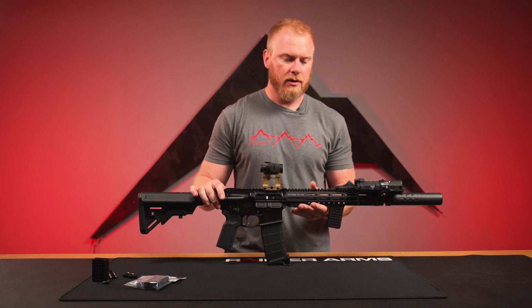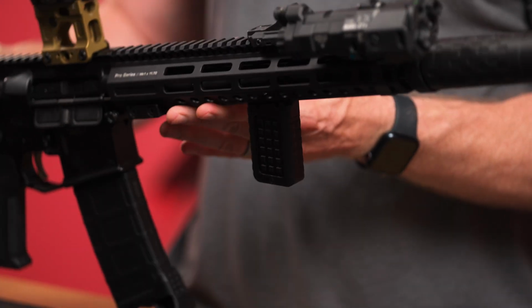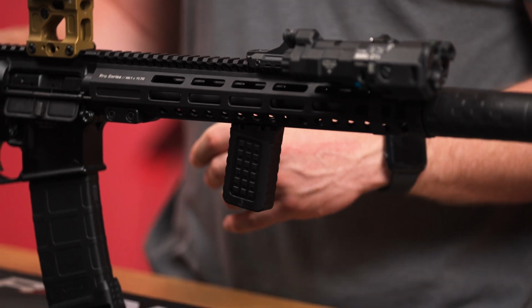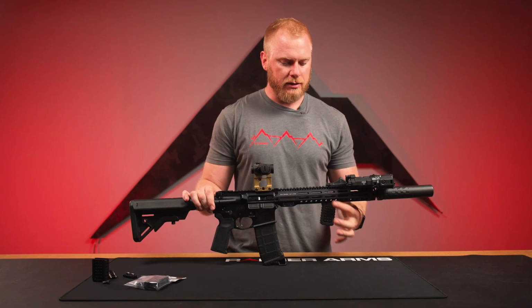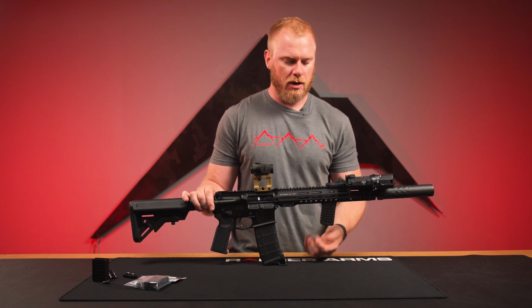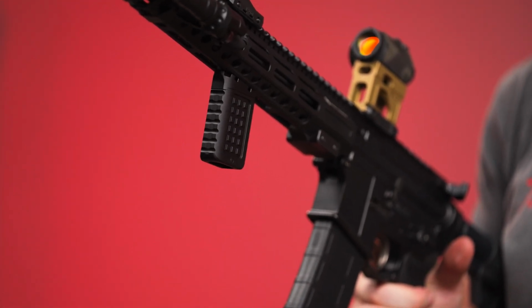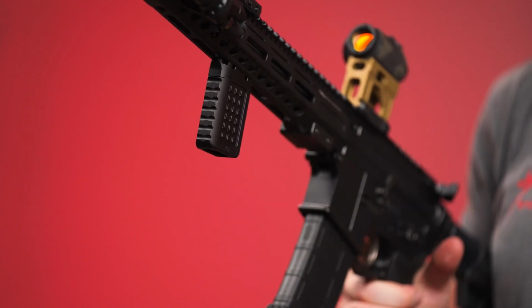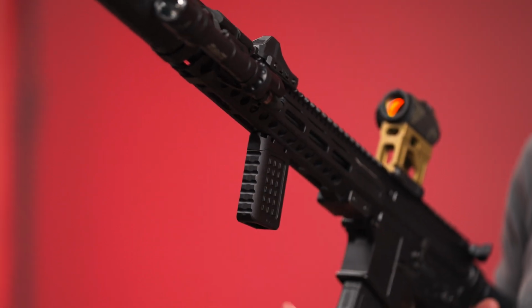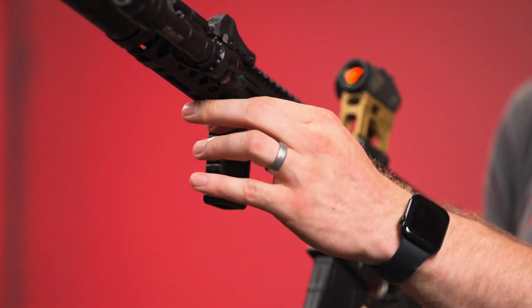So overall, weight-wise, it's going to be sitting at 3.4 ounces. So again, heavier than what you're going to find with a lot of your nylon-based or 3D printed vertical grips or foregrips, but you're getting added durability. Lengthwise, 2.5 inches. It's about 1.68 inches wide across, and thickness is sitting at 0.8 inches. So we wanted to keep it a little bit more slim just to keep some of that weight down, but it's still plenty wide enough and has phenomenal grip with the textures that you're seeing on the sides, as well as on the front and the back, the way that we've done the relief cuts,